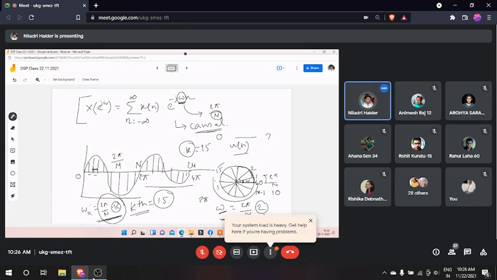So here that omega k is continuous, but that omega k you are representing in a discrete form, because that n is discrete, that k is also discrete. So you are representing that continuous sequence into discrete. You can represent the value k, you can represent the value n. So overall, in that expression, you represent omega by 2 pi by N into k, then the sequence will be a discretized sequence, but the result will be the same.